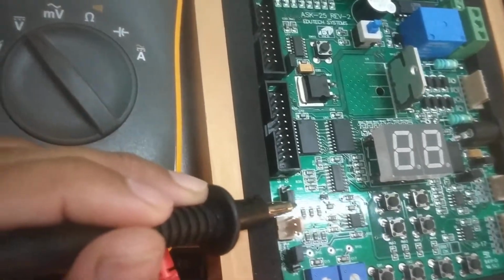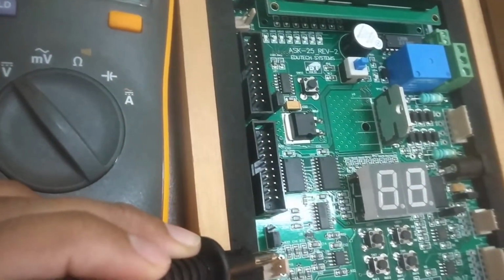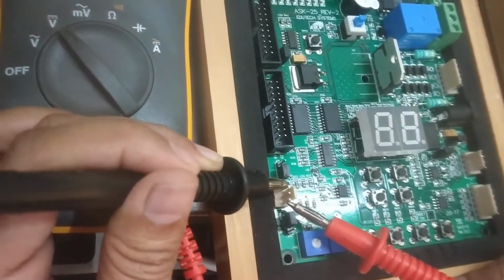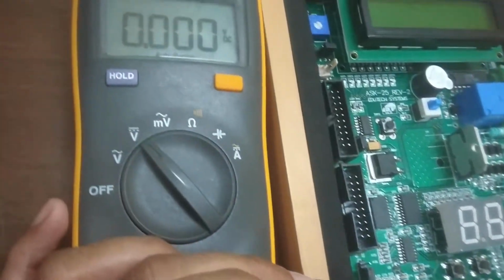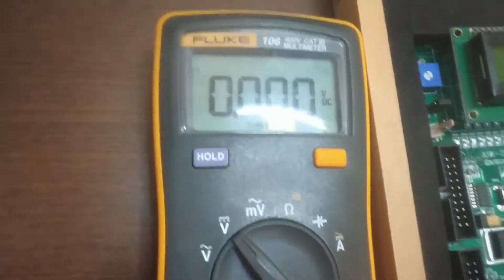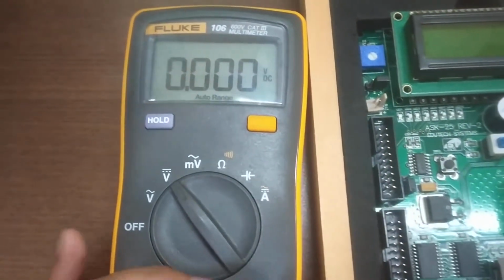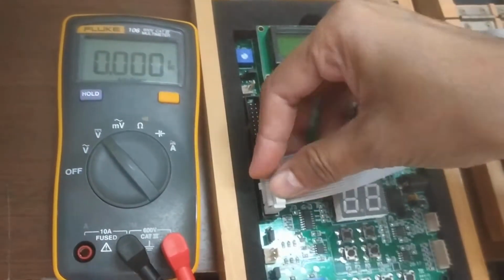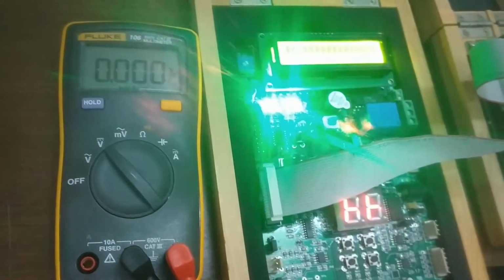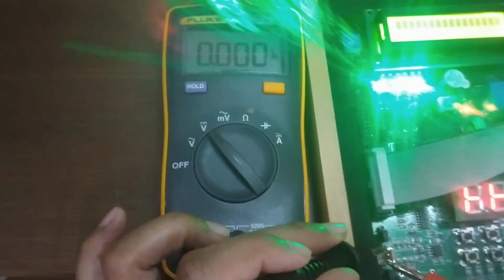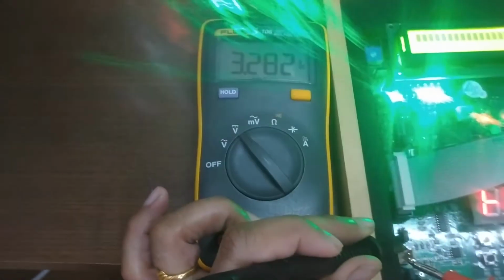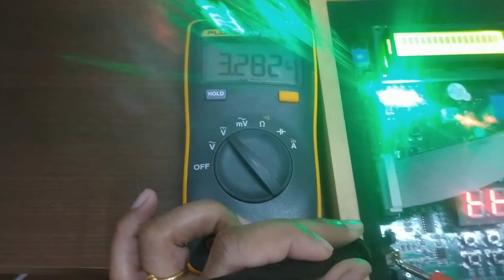So I am connecting the DMM ground to the ground, and pin number 1 is my analog input. We need to give supply to the ASK board. So right now the reading on this DMM is 3.28.